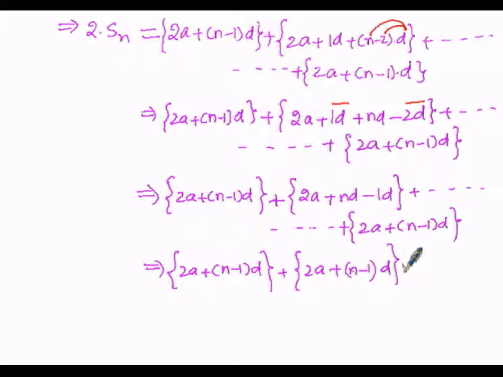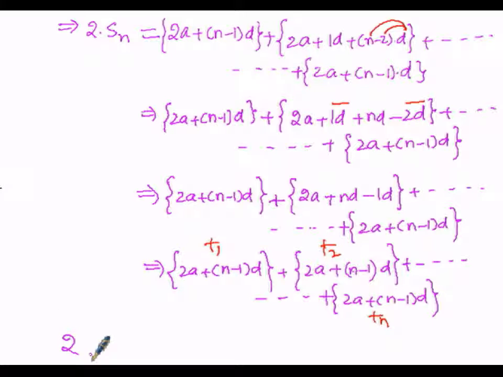So here bracket close, plus dash dash, the nth term will be 2a plus (n minus 1) into d. So here this is the first term, then this is the second term. Similarly, dash dash, there are n terms added up. So here therefore 2 times Sn, 2 into Sn is equal to,